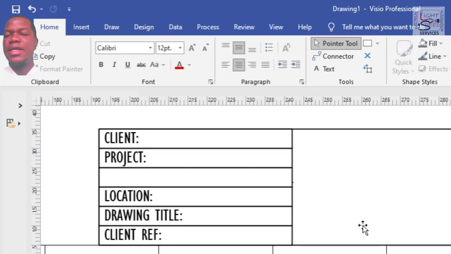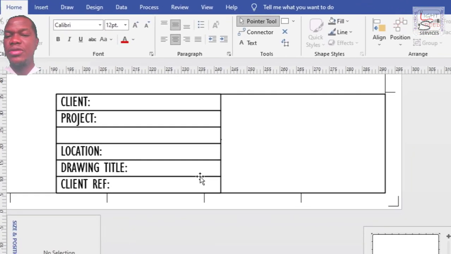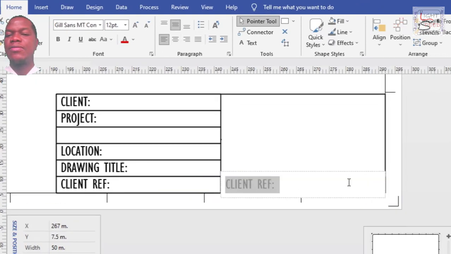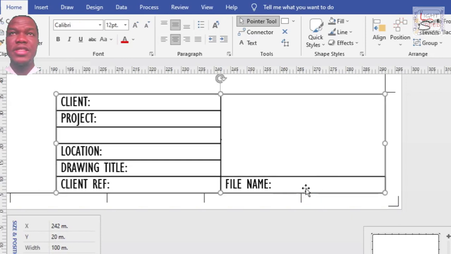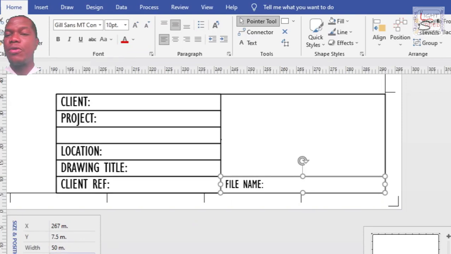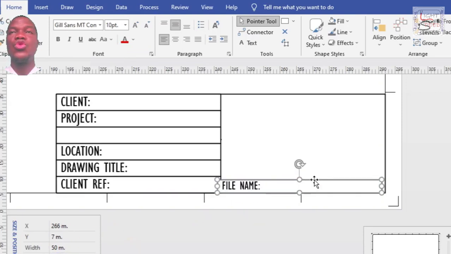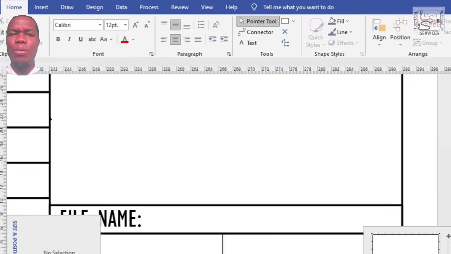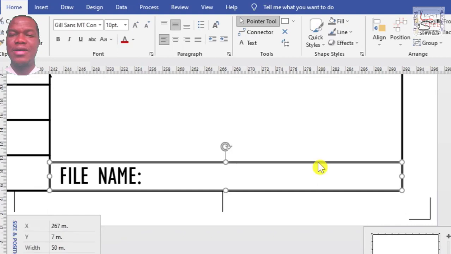Then after this, this is for the client information. So I need to do the same for the contractor's information. That is my information, my company's information. So yeah, I'm going to have file name. If you print the document, anybody that is looking at the printed document and wants to find it on the computer can use this file name to know where to search for it. And it's going to be automatically updated. You're not going to be the one to type the file name. The file name will be inserted automatically. I'll show you how it's done.